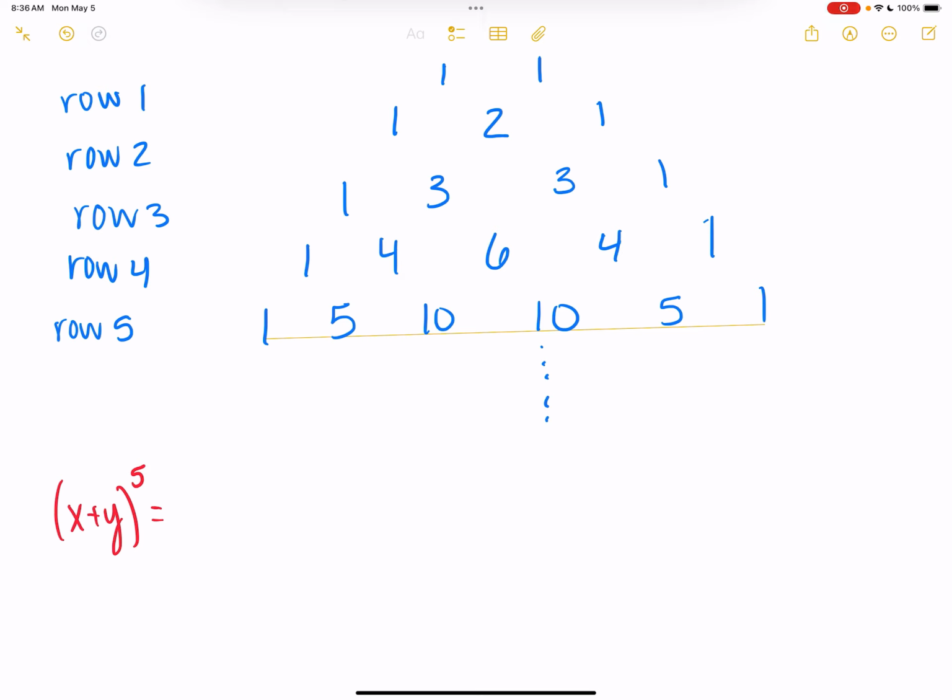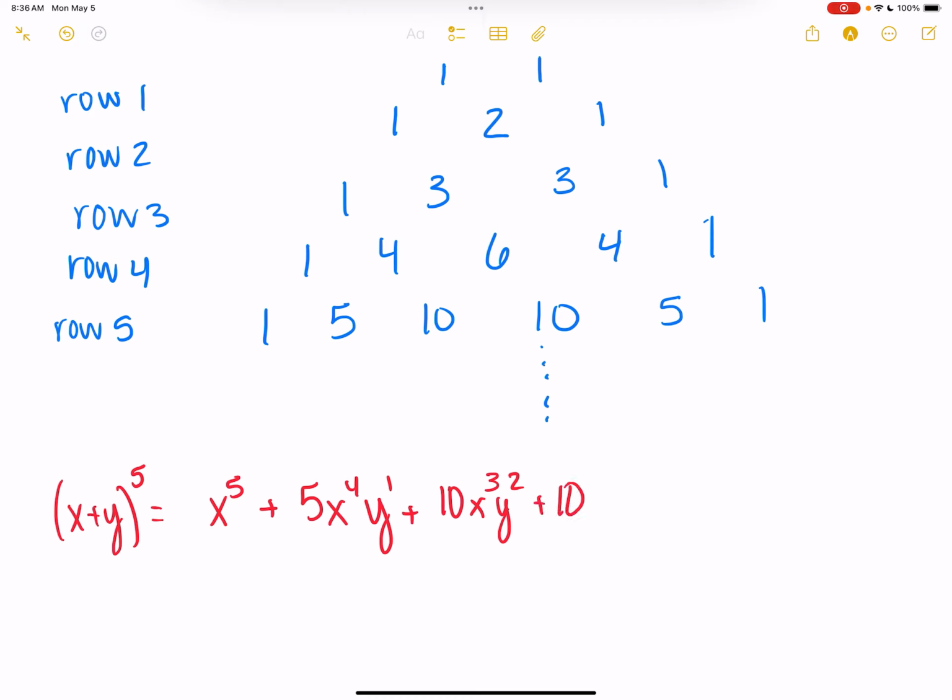And then it's the first term raised to the 5th power, the last term raised to the 0 power, so I don't write that, plus 5, first term raised to the 4th power because it's descending, second term raised to the 1st power because I'm ascending, plus, next number is 10, x cubed, y squared. I've got another 10, so plus 10 x squared y cubed